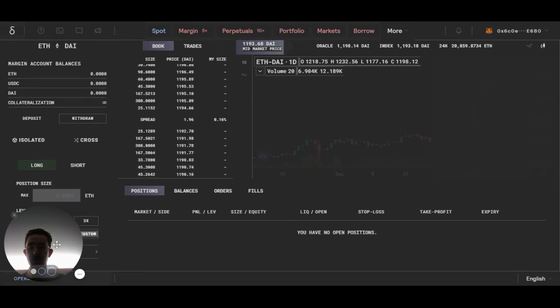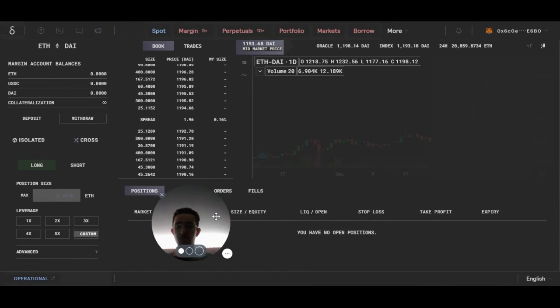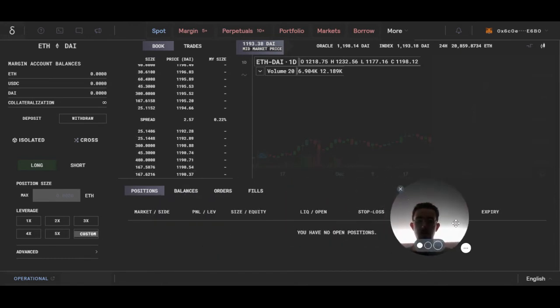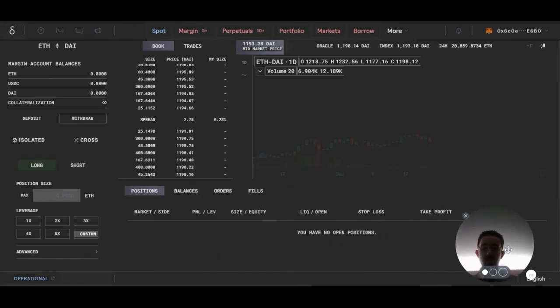Here we can move my little, let's move it over here. You can change the language over here. So this is where you would see if you have any open positions. This is where you can control your leverage. So you can click like 5x leverage and change it. And you have more advanced features right here with operational. If you ever have any issues, that's the other thing, this help tab, you have documentation,